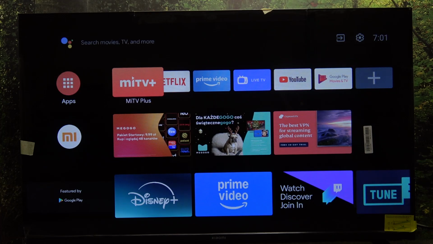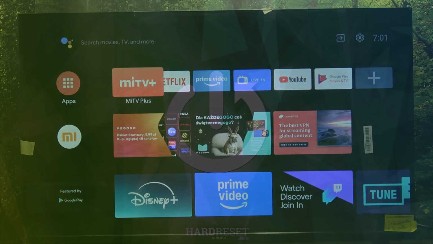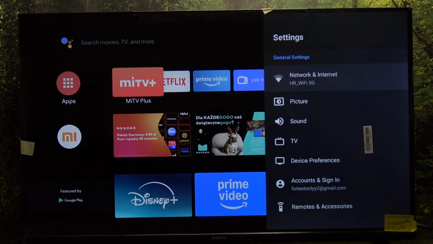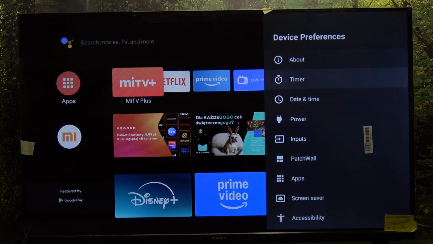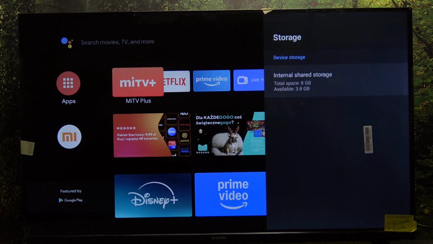Hello, in this video I'm gonna show you how to check and manage your storage on Xiaomi A2 TV. To do it, click on the Set button on your remote, then go to Device Preferences, then go to About and go to Storage. Now click on Internal Shared Storage, or if you have any storage device, you can also